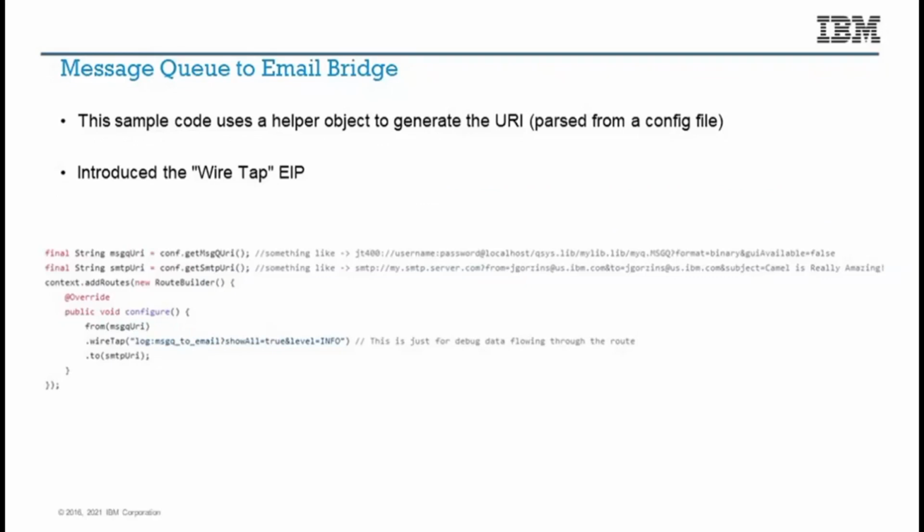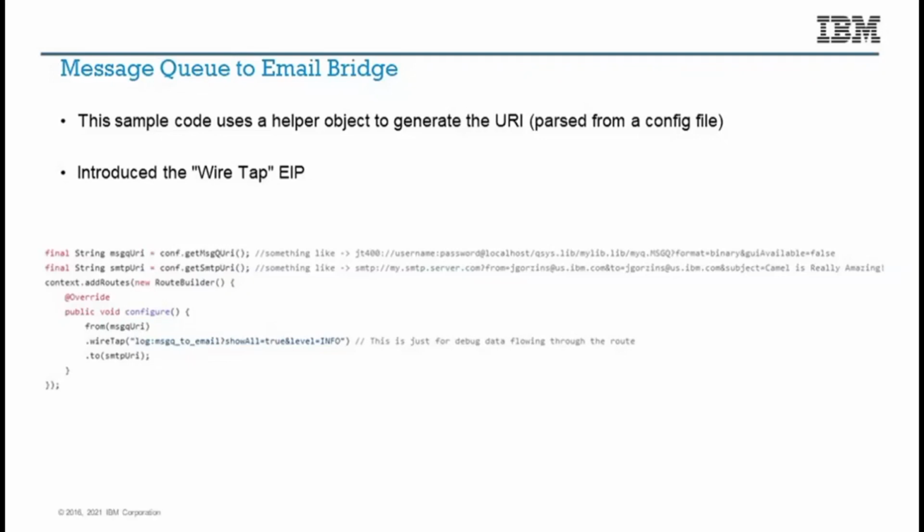For instance, here's a message queue to email bridge. So this is monitor a message queue on IBMI and take the contents of that message and send it in an email when a new message pops up. There you go. It's just a couple lines of a Camel route. Might be an eye test for some of you because it's kind of small here. But you just say from a URI that represents a message queue to an SMTP URL, so an email server